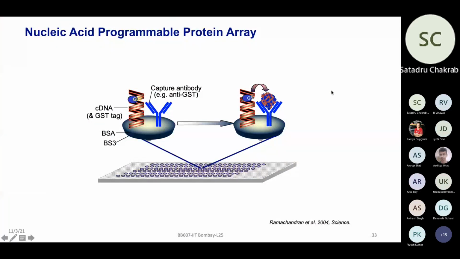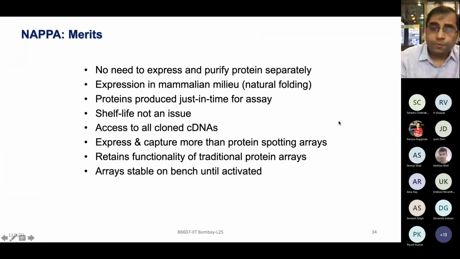And now you can verify these. You can get those cDNA and you can print those on the chip. Now the next thing is what I'm going to talk to you about: how to print those on the arrays and what kind of reactions are to be done, which you can use to make the NAPA arrays. So if this concept is clear, then I think the rest of the slides will be easy for you to follow.